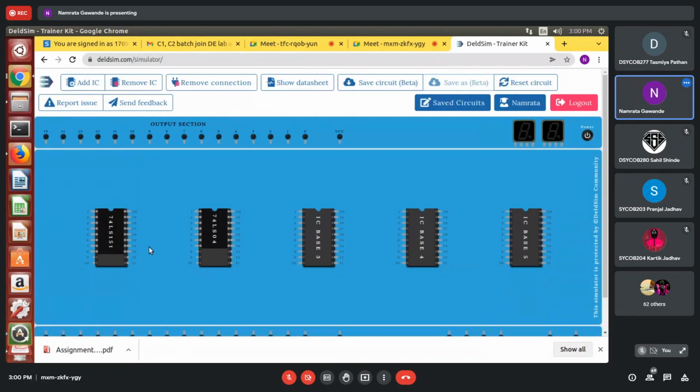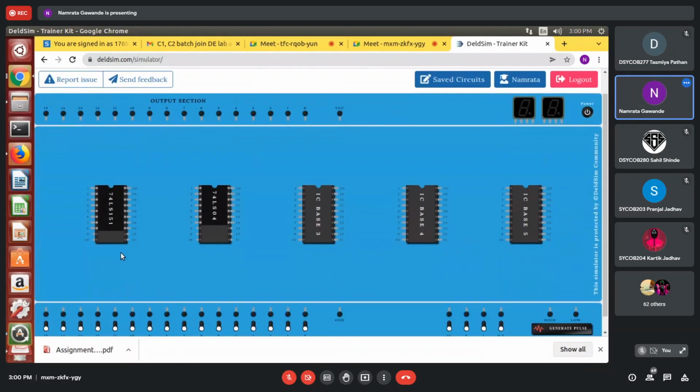Now connect pin number 8 to ground, 16 to VCC. Right, next, pin 7 is enable, so this will also be grounded. Next, this NOT gate is a 14 pin IC, right? Pin number 7 is always grounded and pin number 14 is VCC.